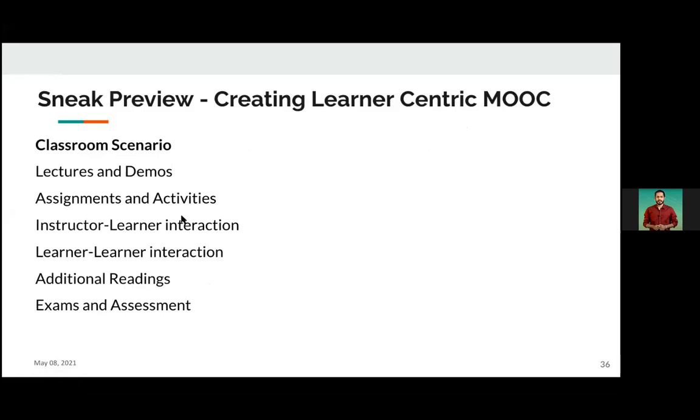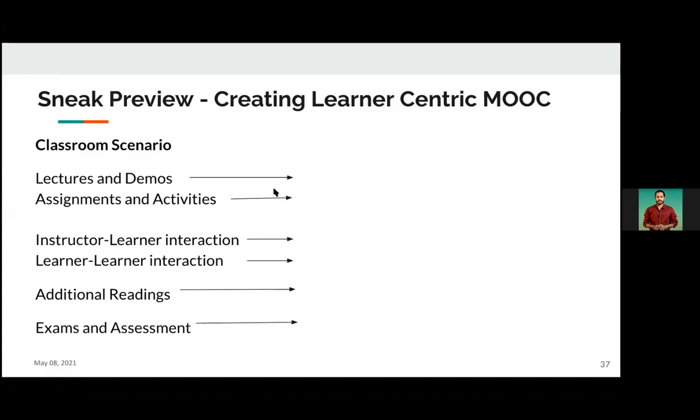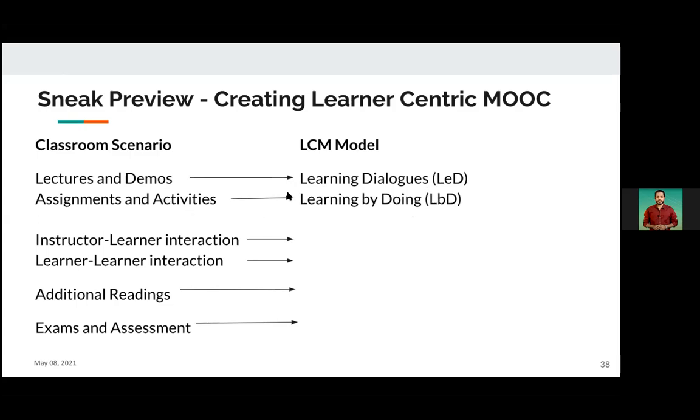And if we have to create learner centric MOOCs, instead of mimicking it, here we can see how these components fit into the LCM model. Lectures and demos can be seen as the learning dialogue forms, and the activities.